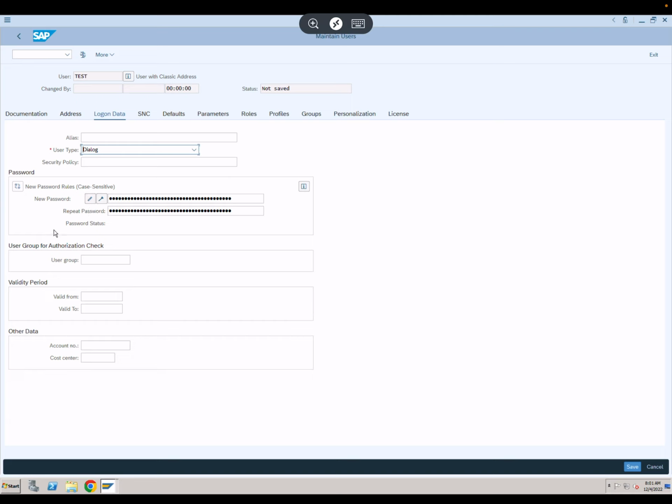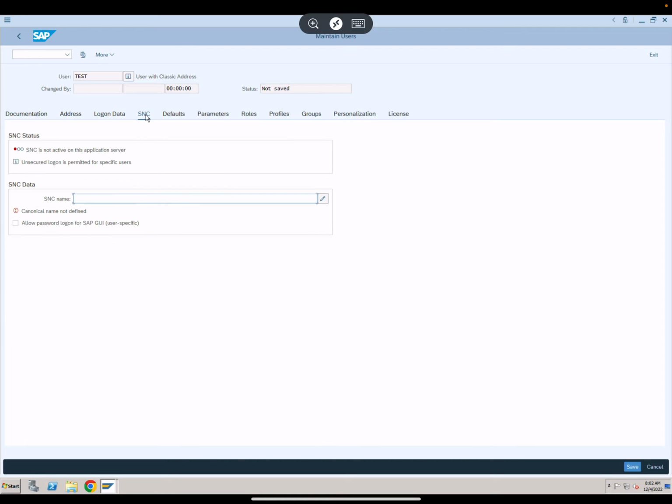So if you have single sign-on, you're probably going to deactivate the password here. But if you don't have single sign-on, you have to use a password and maintain it here, right? So just for this scenario, I will deactivate it here so that it doesn't bother me. But you should know that answer: you have to also maintain a password if you don't have single sign-on. If you deactivate it, it means nobody can use this SAP ID to log in without a single sign-on mechanism.